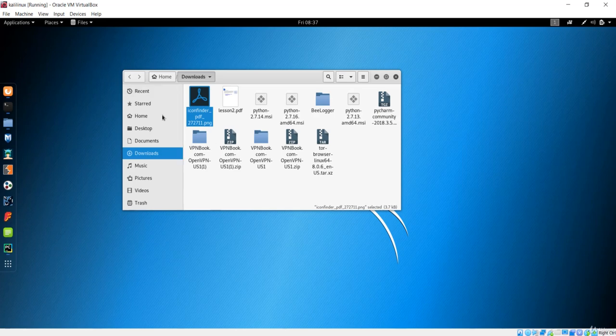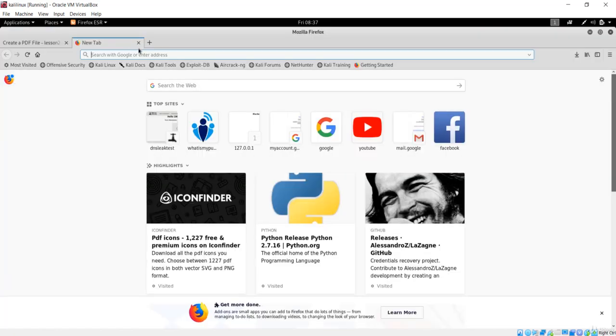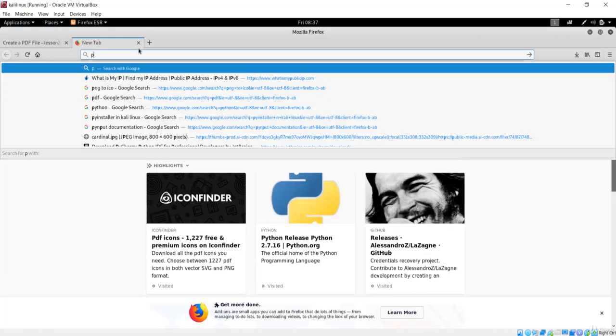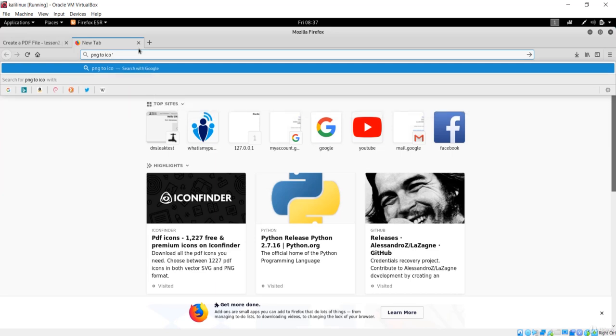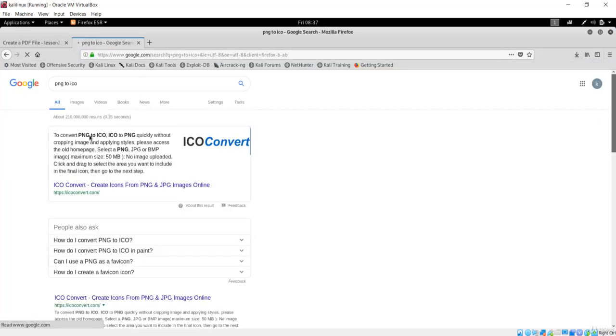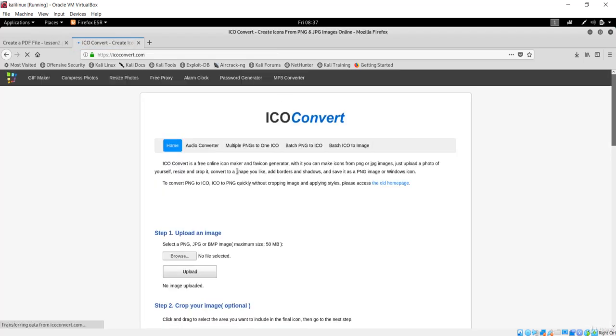First of all, if you work with PyInstaller, this .png extension is not going to work, so we have to convert this .png. I'll search for PNG to ICO, which is the extension that is going to be used by our PyInstaller. So we have this link. Let's go to this link, which will convert to the ICO format.